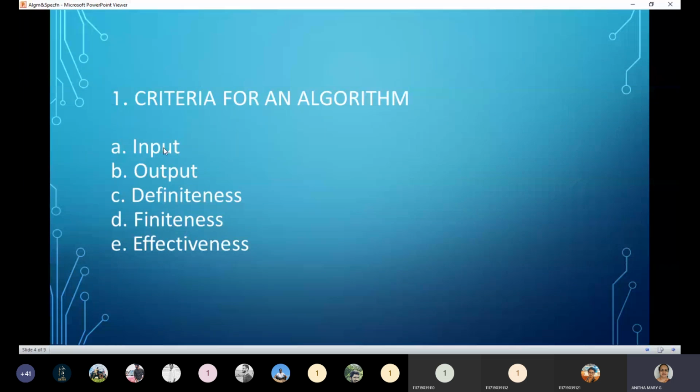To print some text, hello, there I don't need any input. In that case, I can say zero input. But when it comes to functions, for some operation it has to perform, I need to give the inputs in order to perform the function. Inputs are externally supplied.